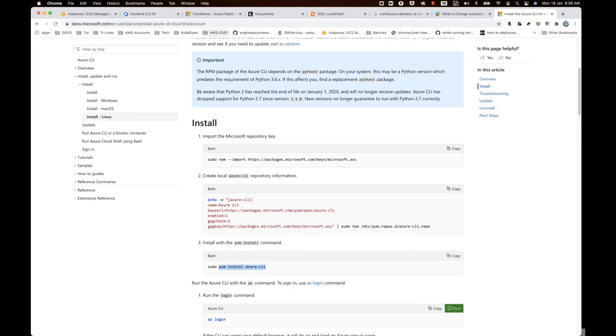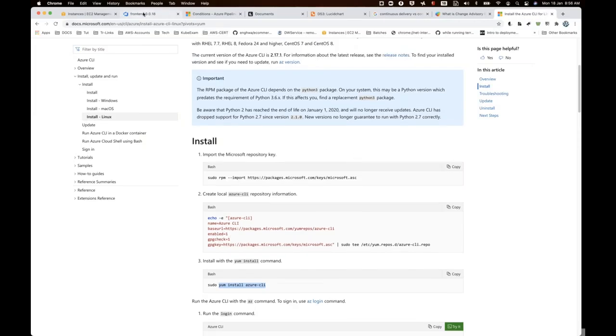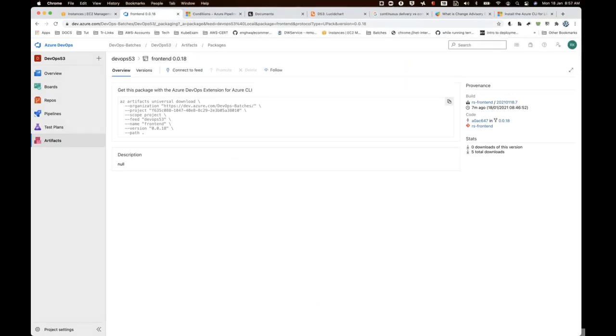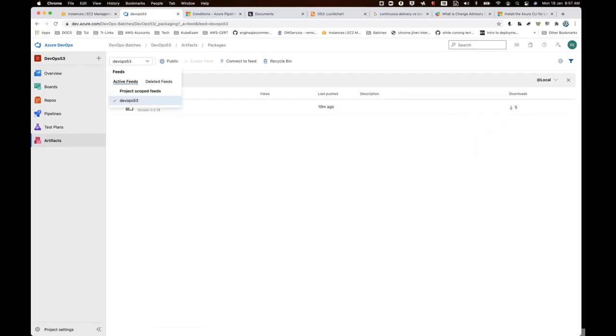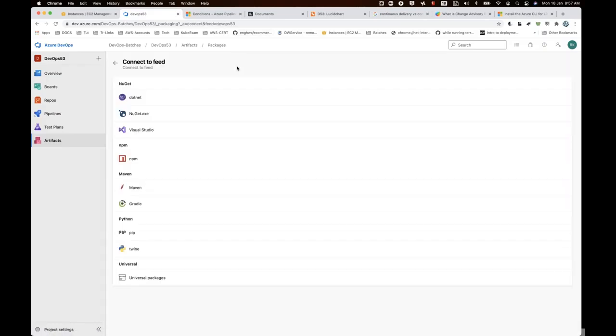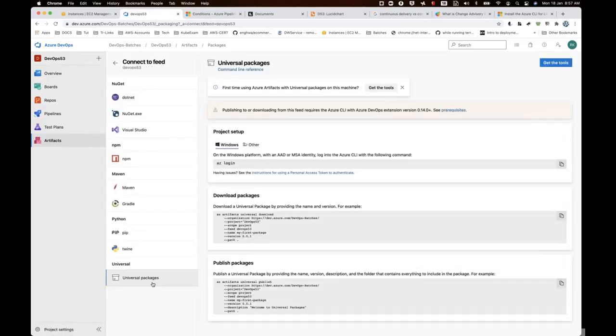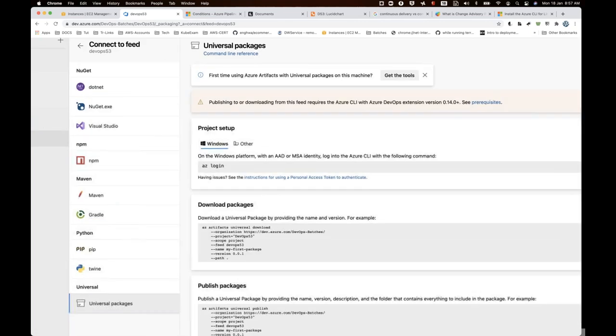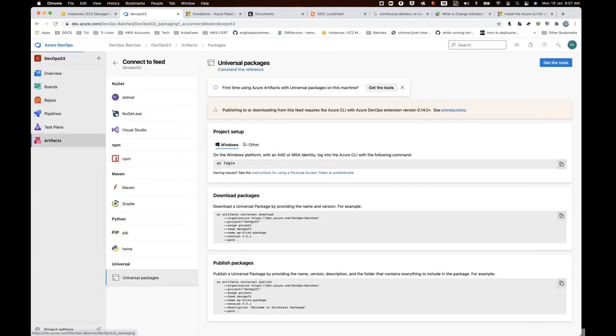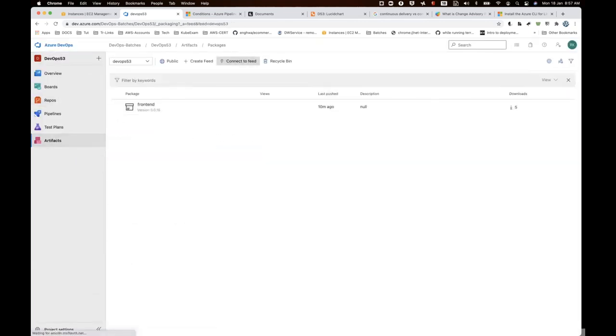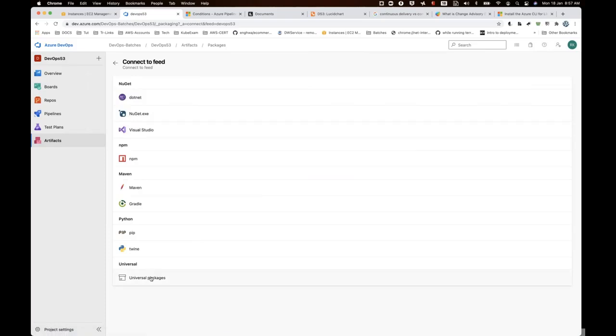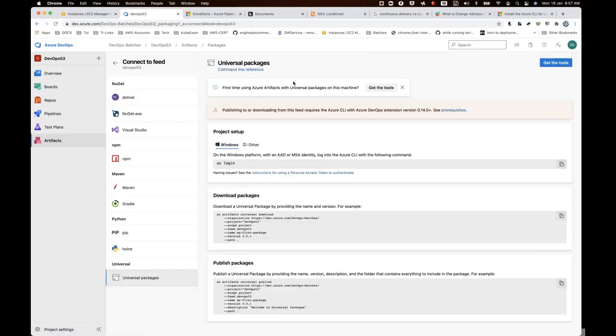So how do I install the Azure DevOps extension? You can go to Azure DevOps and somewhere here you'll get it. Go to the feeds. Let's say if I go with some other feed, usually you get it under universal. Yeah, here you get something. So go to artifacts, connect feed, universal, and here you're getting the get tools.